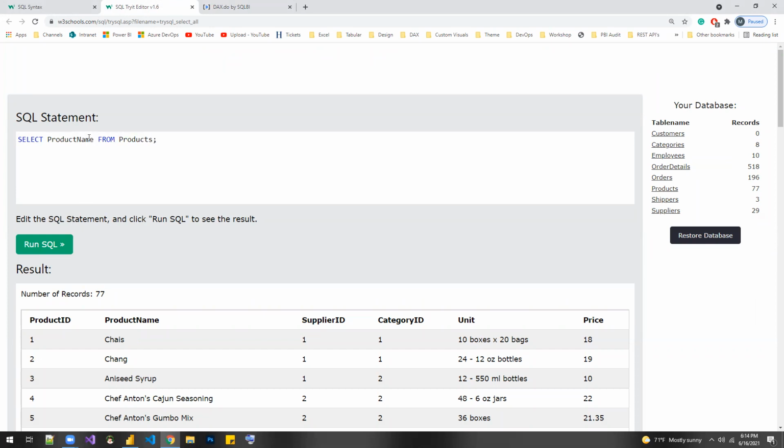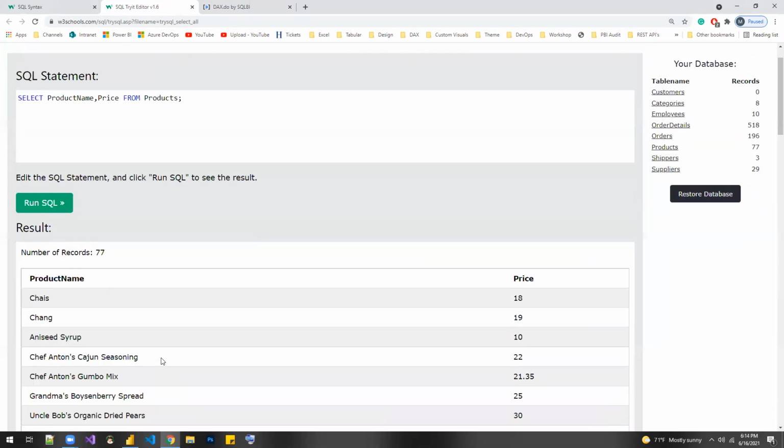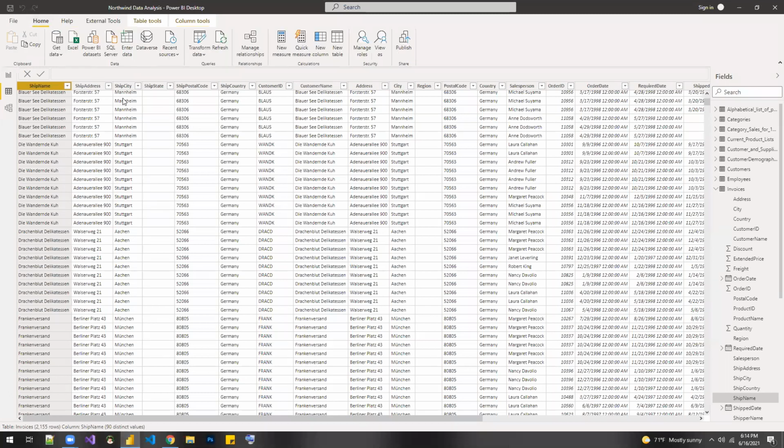So in your dashboard, let's say you only have the requirement for product name and then the product price. Then what you basically do is you specify the columns here. So select product name, price from products, and then you can just run. So you could see you're getting a more simple view here. And we just copy this query, and then what we do is, if you open Power BI desktop here,